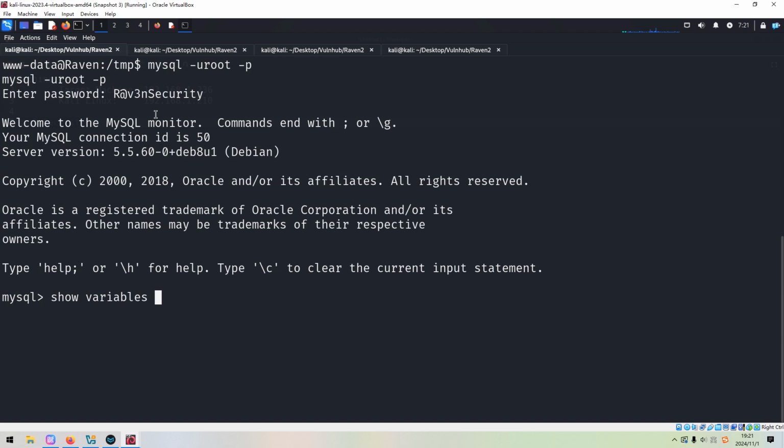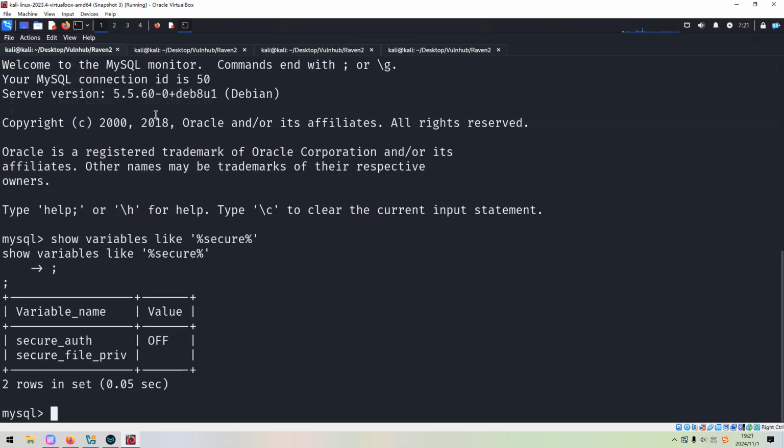For example, the first one is the variables. Like secure, and the secure part also or off, and also privilege is not set on. It means that it's possible to upload or to execute a user-defined function, and we can also show variables like plugin.